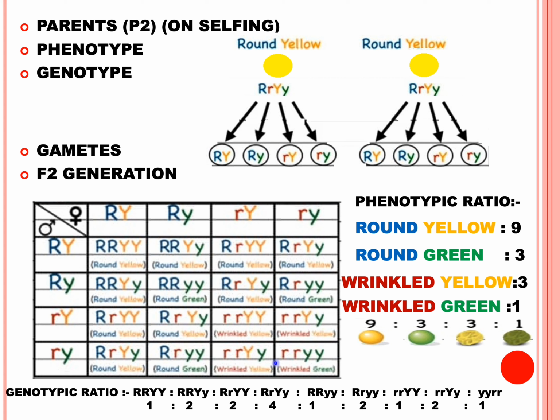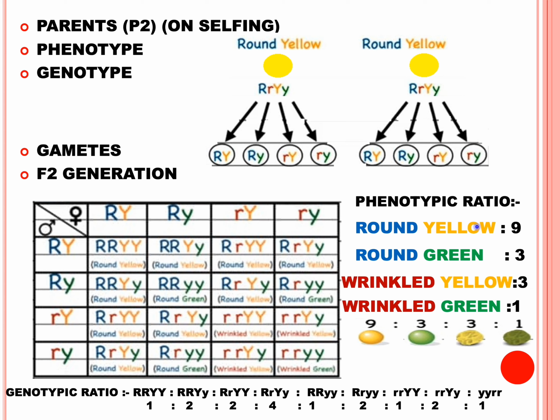yellow color of seeds. If the small r, small y male gamete fuses with the female gamete with small r, small y, then this time the genotype would be small r, small y, wrinkled shape of seeds with green color of seeds would be the phenotype of the plant. Now in this way, in this Punnett square, Mendel obtained 16 plants with 4 different combinations which are expressed in the phenotypic ratio of